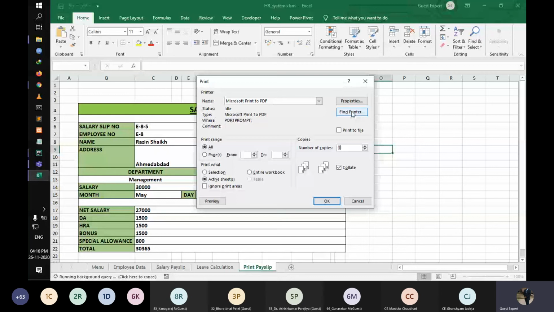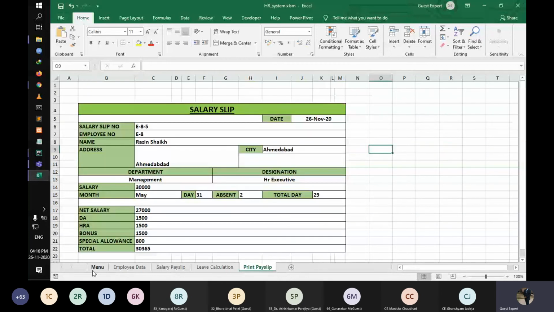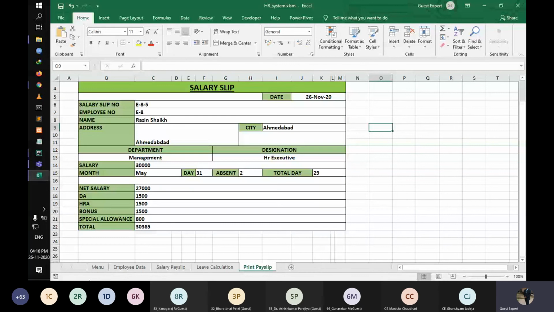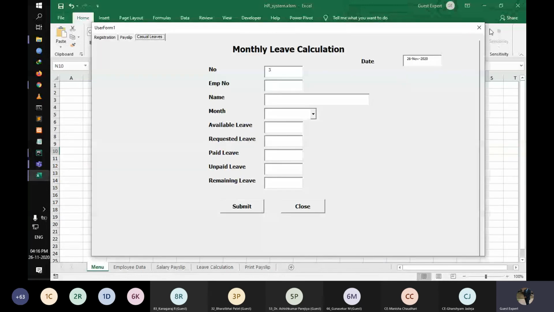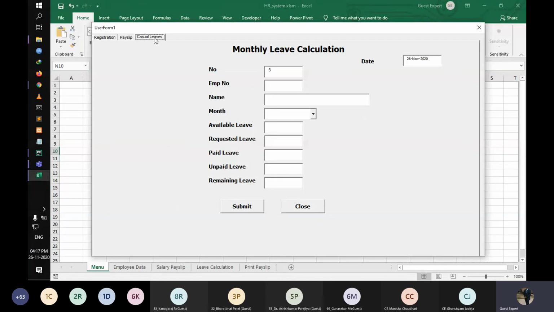It will show me the details. And once again, as you can see, there's data over here. But when I open this again, the data is gone from here. So this is a basic system that we have created in Excel. And if someone enters random IDs, it won't give any value because it checks whether there are any such IDs or not.